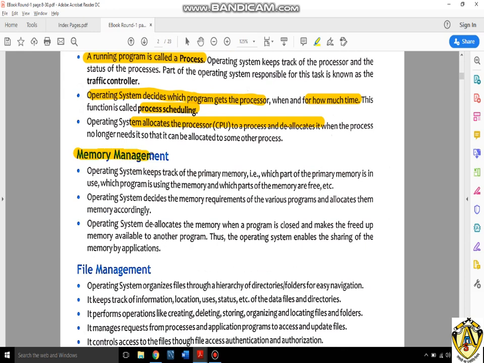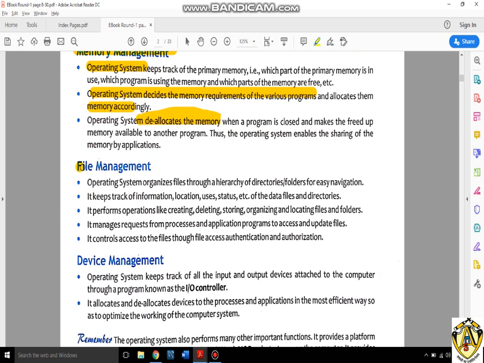Now the second function is memory management. In an operating system, whether it is a mobile operating system or desktop operating system, you must be knowing about the RAM. Just check out how much RAM is in your mobile. Can you run multiple apps simultaneously in your mobile? Yes, you can, because the processor of the mobile can handle multiple applications simultaneously. So operating systems can decide the memory requirement for various programs, allocate memory for them and deallocate memory for them. So this is memory management, and it is a function of an operating system.